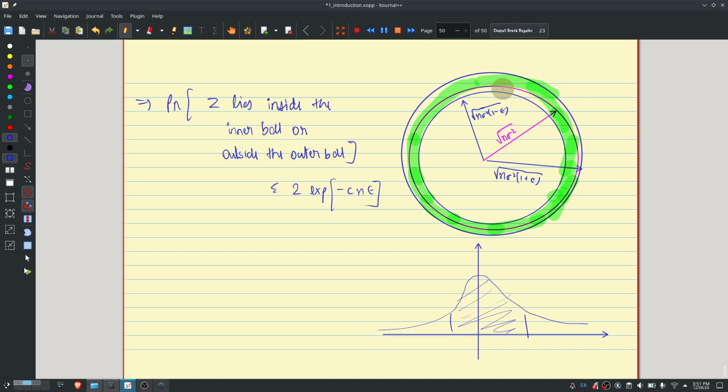And one of the reasons why this particular phenomenon happens is that if you think of an n-dimensional ball for really large n, then much of the volume of this ball is not concentrated close to the origin. It's concentrated very close to the surface. So the volume of an n-dimensional ball